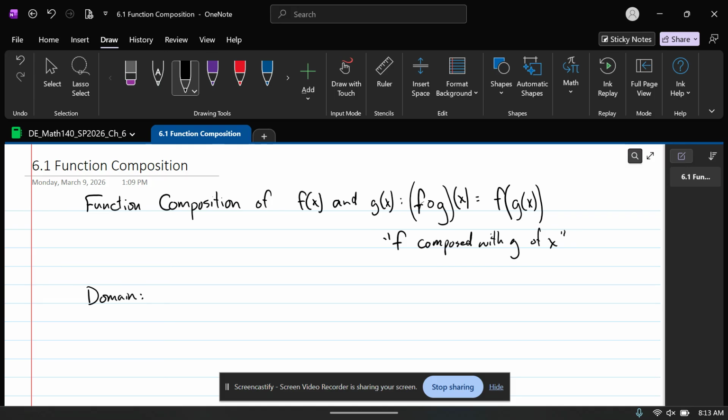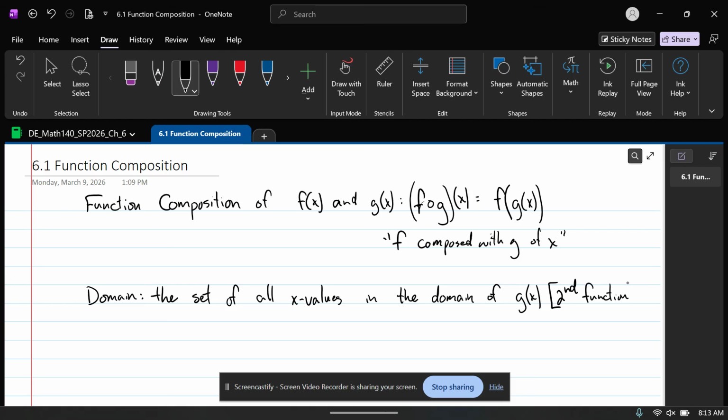But since we're dealing with two functions at the same time, it's the set of all X values in the domain of G of X. I'm going to put the second function in brackets there, meaning the one on the right of the composition statement,